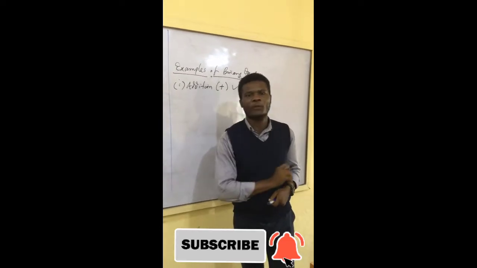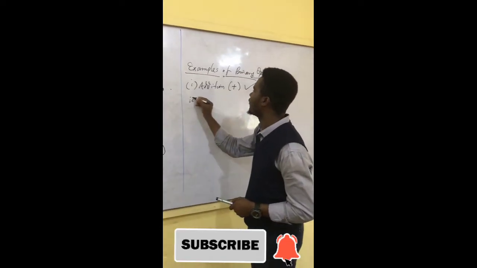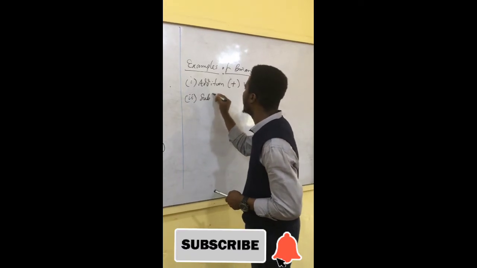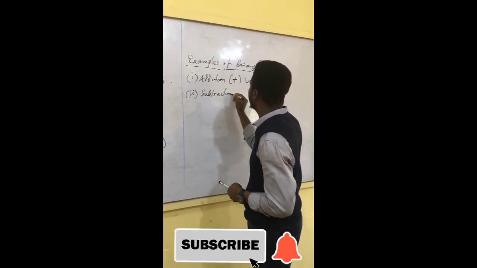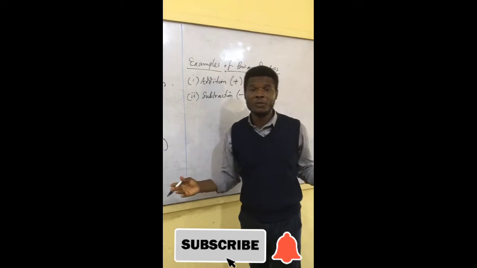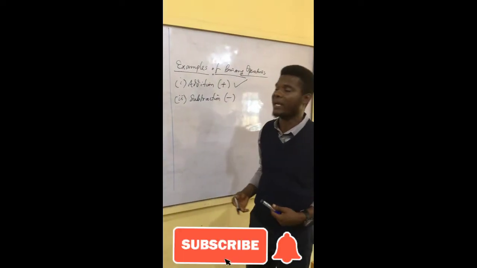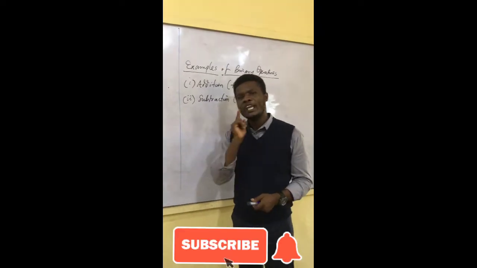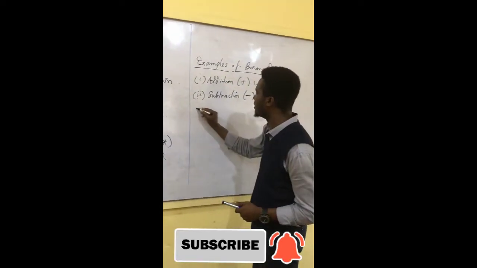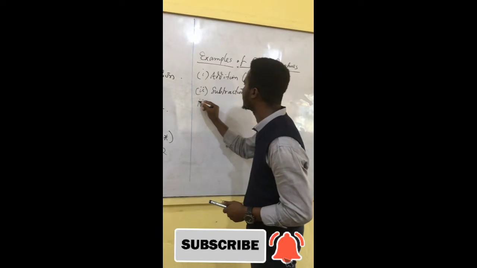Addition is a binary operation. The second binary operation we've also been using all along the way is subtraction. So you won't be surprised that we've been using this as a binary operation, but we never knew it was actually a binary operation. I'm going to be explaining why each of them are binary operations, but let's mention them first of all. So the third one is